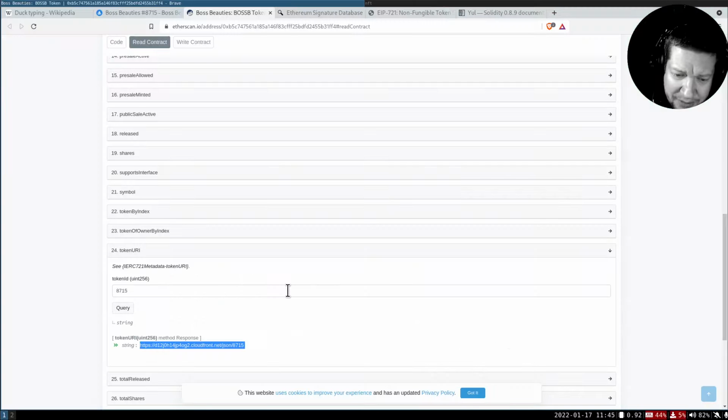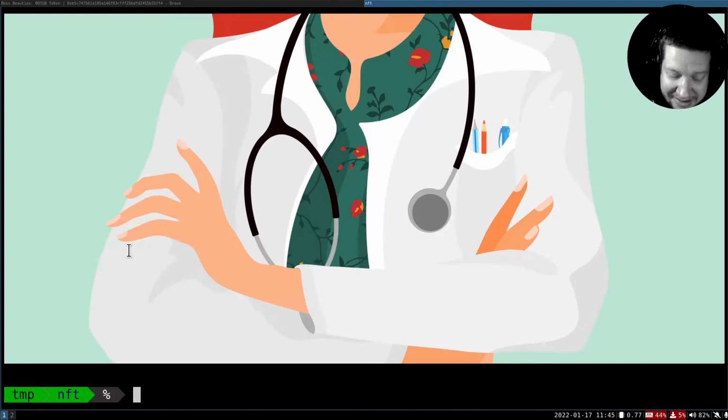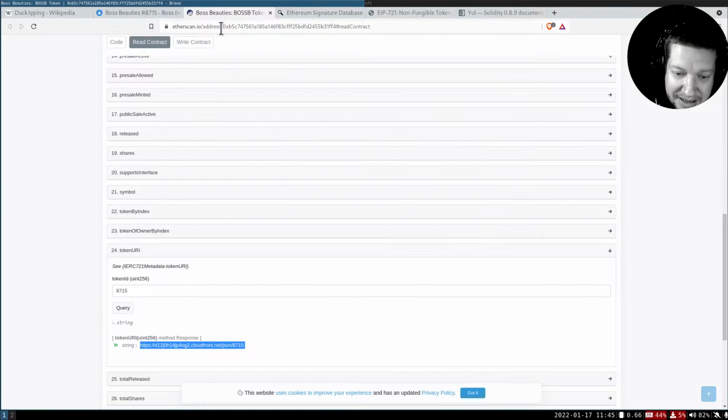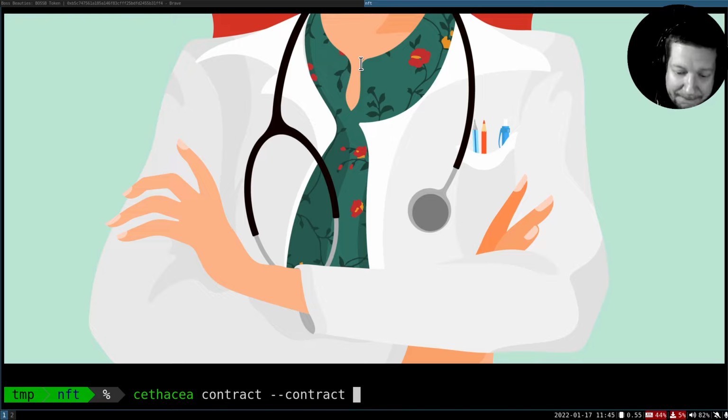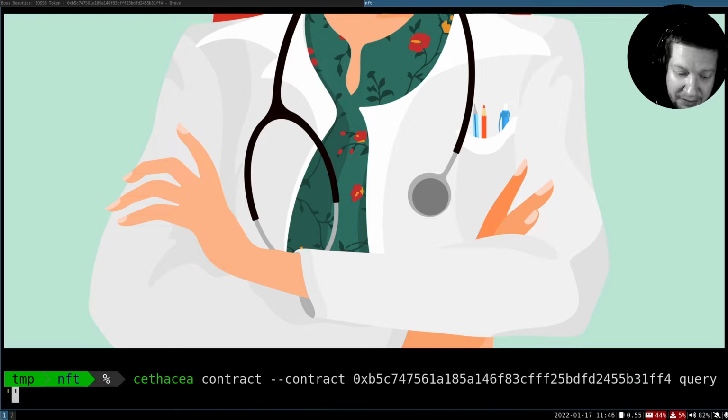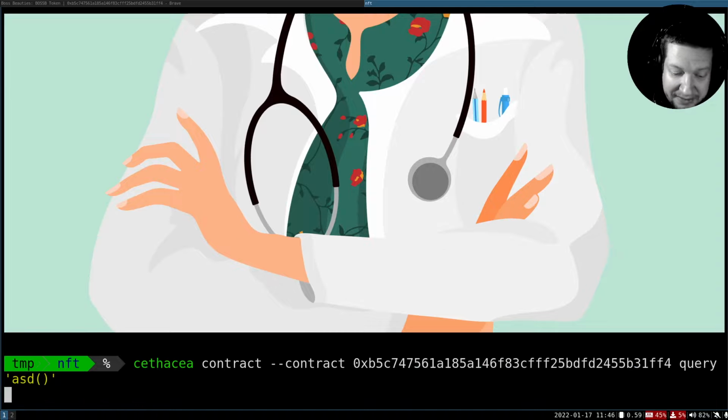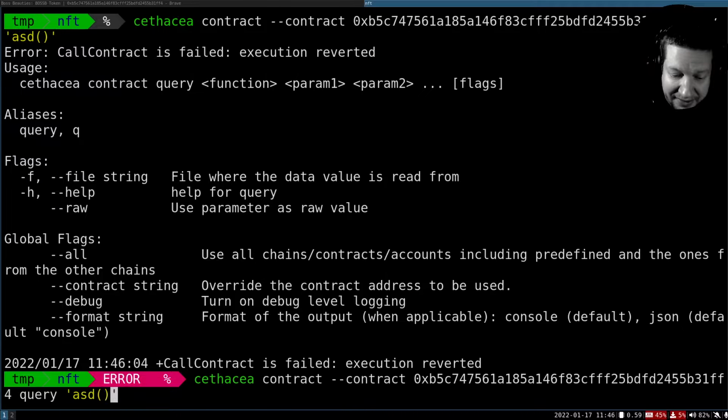But what does it mean exactly when I call this token URI? What happens? So what is the interface? Well, I can call exactly the same from the console. I have a simple CLI application which can do any Ethereum call. All I need is the target address, the contract. And after that, I can call any method. It doesn't matter if it exists or not. But if I call the token URI with the right